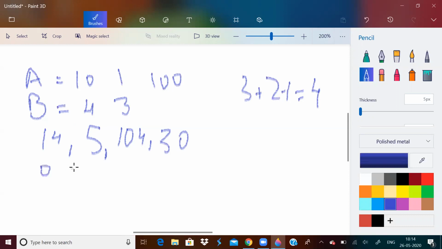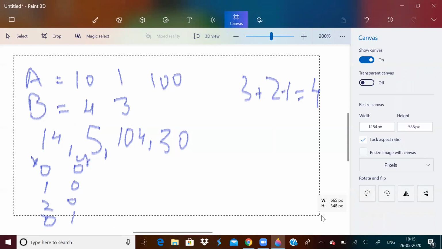I can say 0 0, 1 0, 2 0. This is x and this is y. And then finally 0 1. So I hope you understood what the problem is asking.